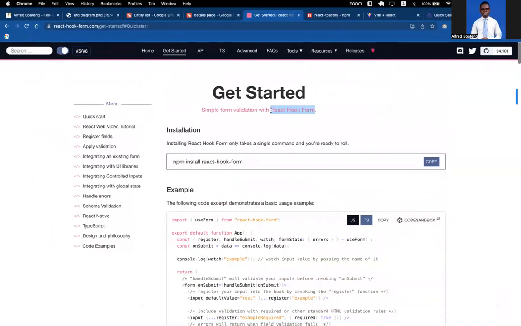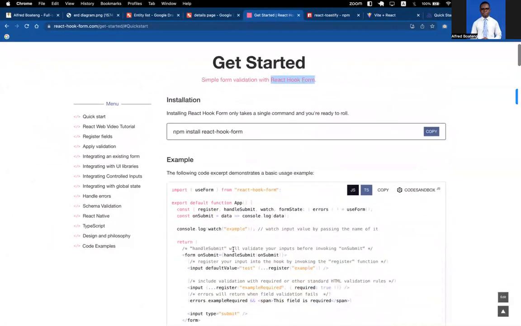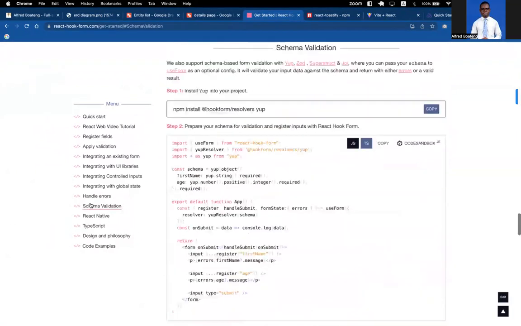What React Hook Form does is that it allows us to submit forms easily, and then we're able to keep track of the errors that we face in our form submission, and then we are even able to just send the user some error messages. One thing I like about React Hook Form is that we can even do validation of the things that we